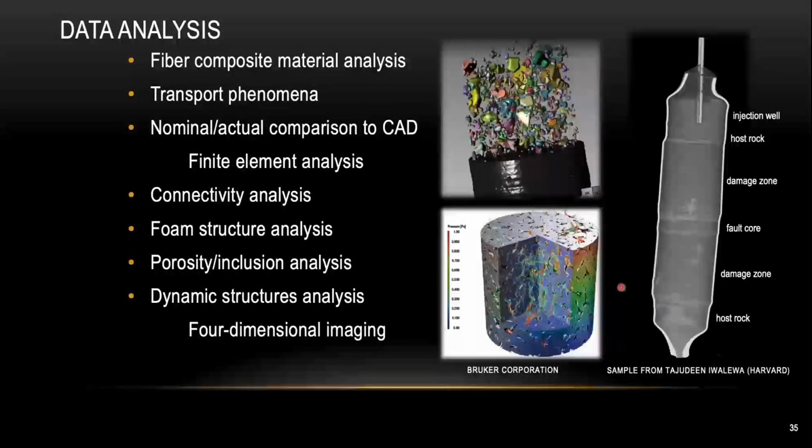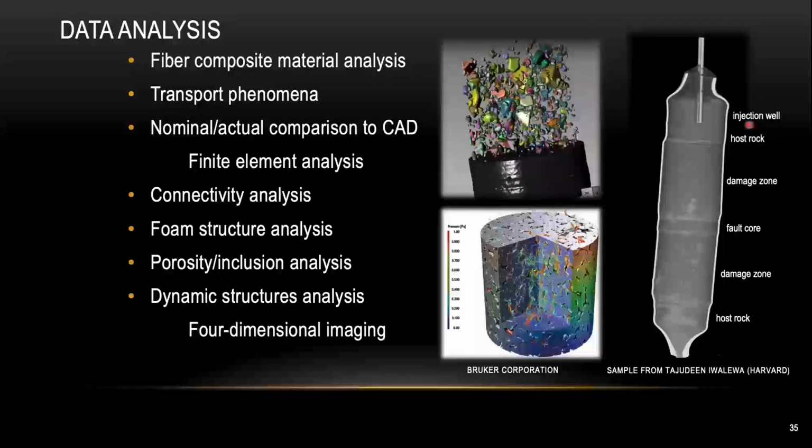You can also use your 3D data to do any kind of data analysis. Over here in the engineering school, a lot of people work on fiber materials, so they might want to do some kind of fiber analysis. You can try to find out the orientation of every piece of fiber inside the sample. You can also try to find out the connectivity between the fibers. You can also do some kind of transport analysis.